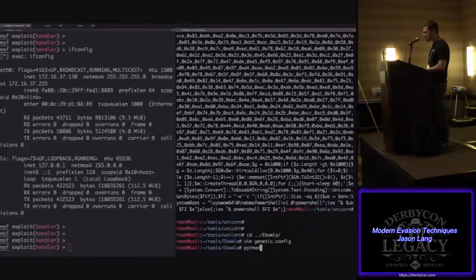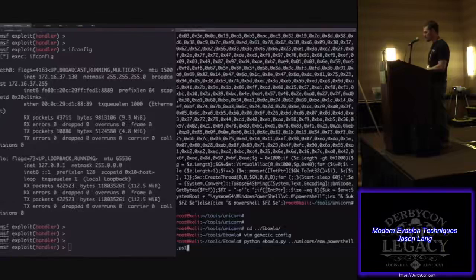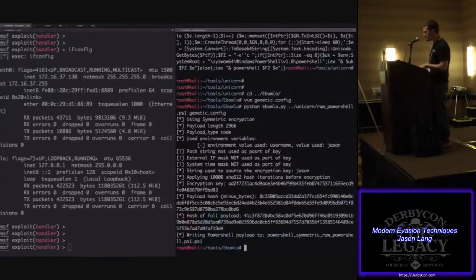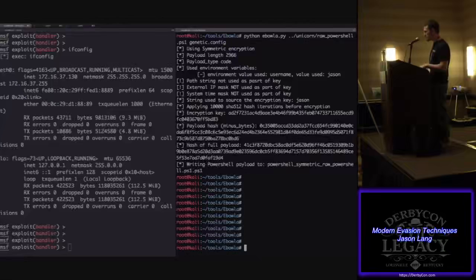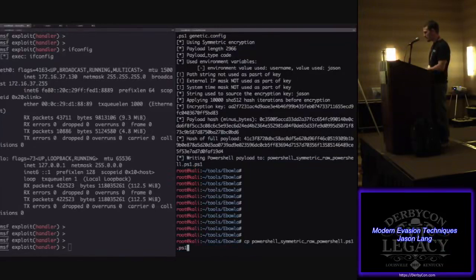So we're going to... and then raw PowerShell. Actually, that is the tool of the Unicorn. Raw PowerShell, and then we pass in the generic config file. Okay, and so that spits out this file. So you guys can see in the back. That spits out this file down here, PowerShell symmetric raw encryption.ps1. So I'm going to copy that file to